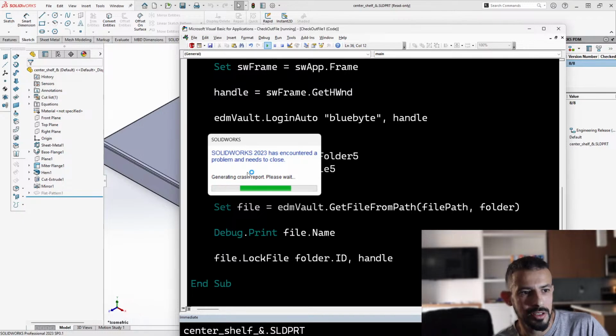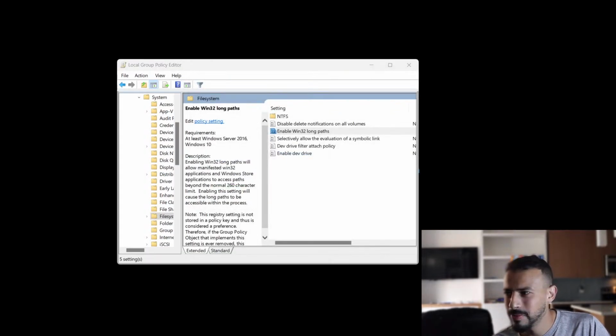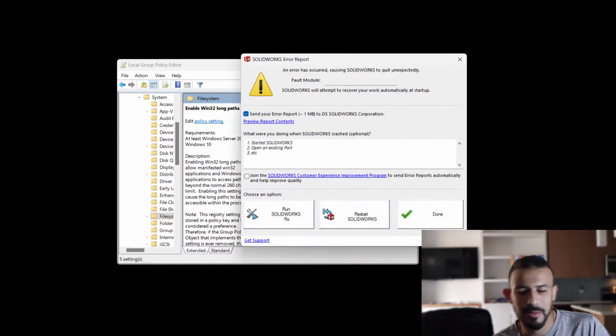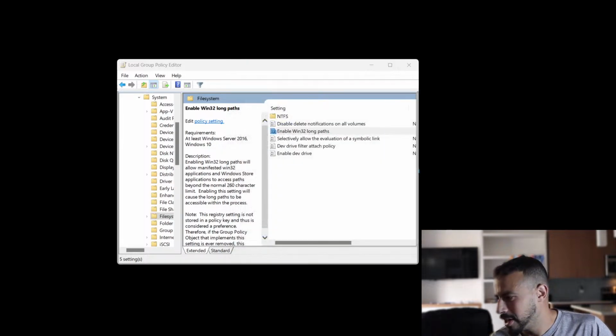Look at this. We are about to crash. Well, there's a reason for it. Not only that we crashed, but we actually, I don't know, I think we lost all of that code, which is very frustrating. I'm not gonna send the report. I'm gonna click on OK here, and